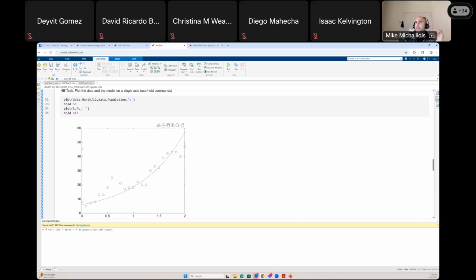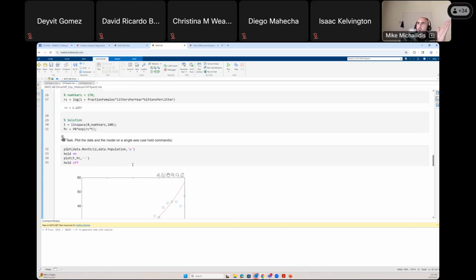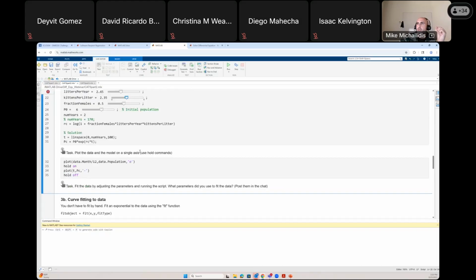And this is the output. Now, blue circles are the data. The red continuous line is my model. And it's not the best, it is something. Now, keep in mind, if you actually change some of these numbers, so let's say I come over here and modify kittens per litter, change that,